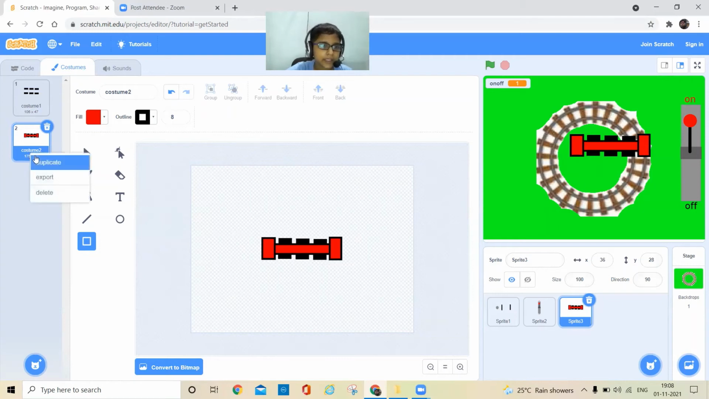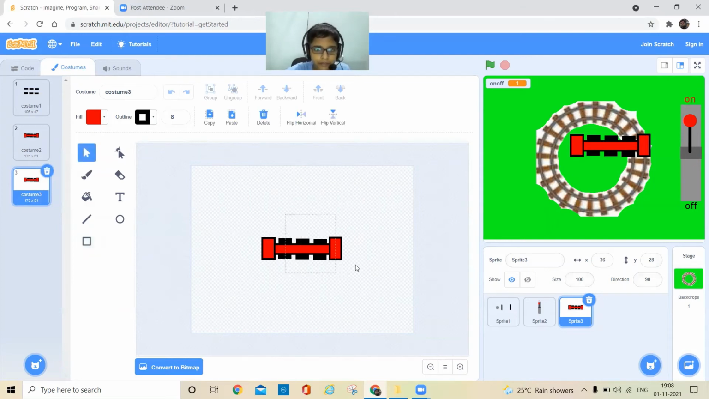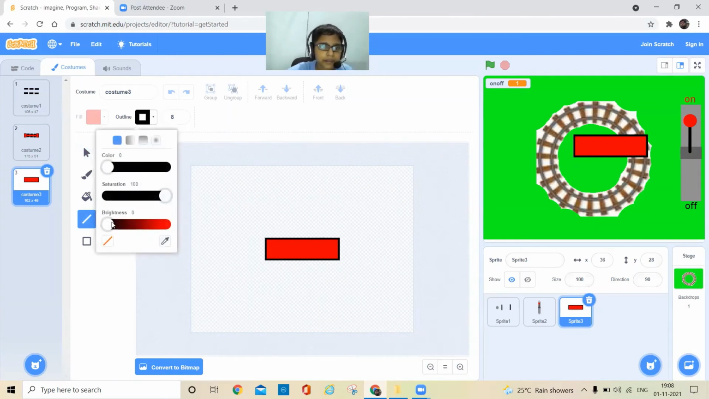Now just duplicate this, and in this costume, just delete all of this till here, and then take this like this. Okay. And now just take